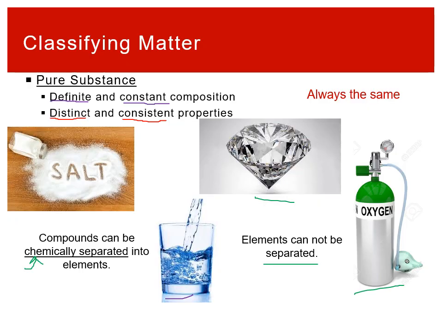Water is made of hydrogen and oxygen. Table salt is made of sodium and chlorine. So you can break them apart into those elements, and that process is called chemical separation. It may not be easy, but you can still do it. Water, if you run a current through it, breaks apart. Breaking apart salt is much more difficult, but you just need a ton more current as opposed to a simple household battery in order to break that apart into its component elements. But it is possible, which is important.